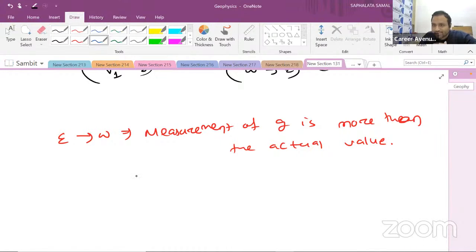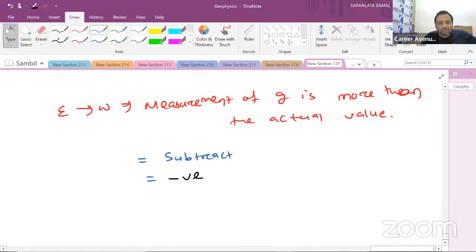We have to subtract some value. That means subtract some value. Negative correction. Because I'm getting more G value than natural. Negative. But if I'm moving from west to east